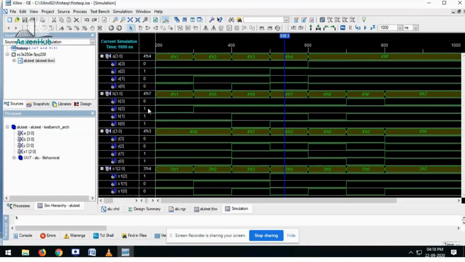So you can verify the XNOR table, the XNOR logical operation. 0 XNOR with 0, output is 0. 1 XNOR with 1, output is again 0. 0 XNOR with 1, output is 1. 0 XNOR with 1, output is 1. So in that way you can check your ALU output in the test bench waveform in this fashion.